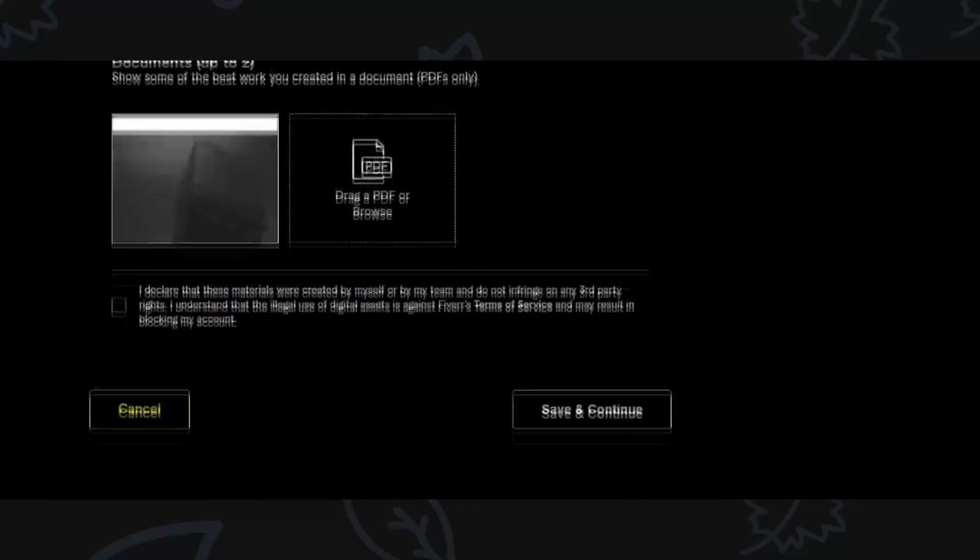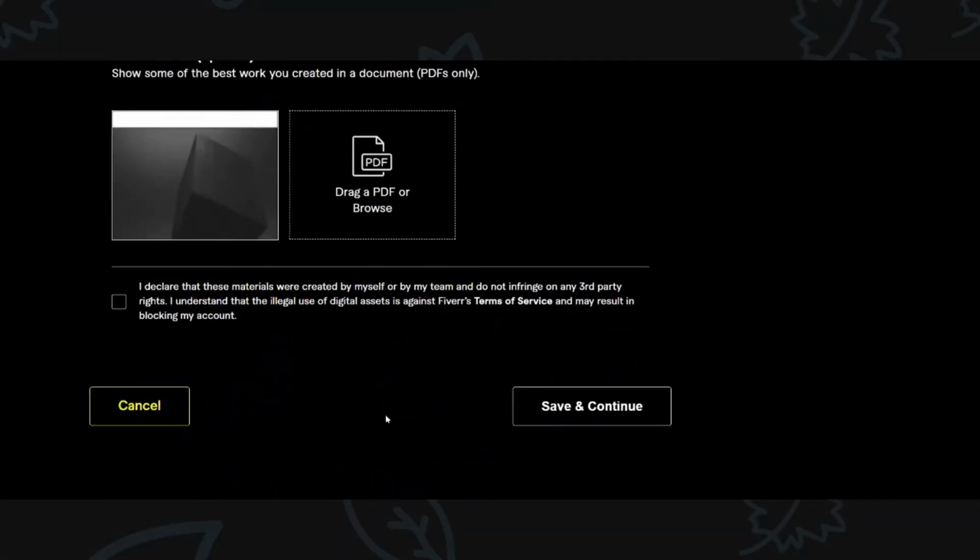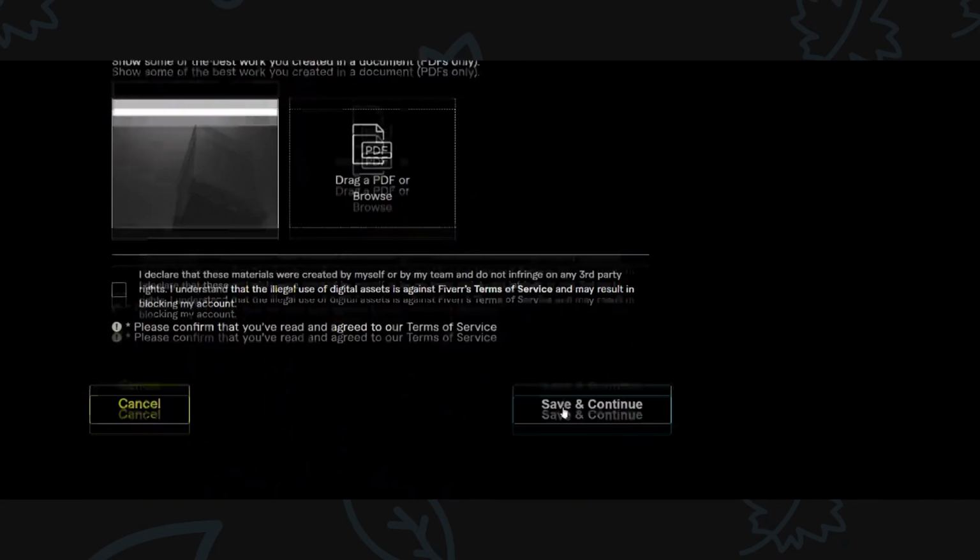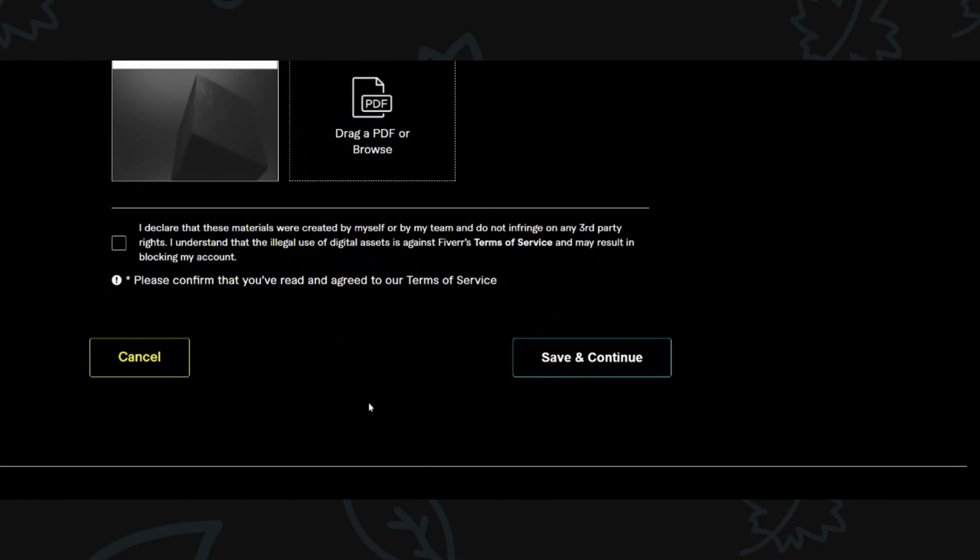And then add up to 3 images, as well as upload a PDF showcasing your work, up to 2 PDFs,